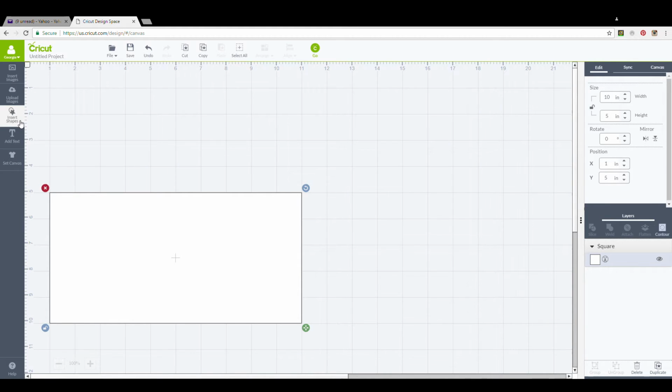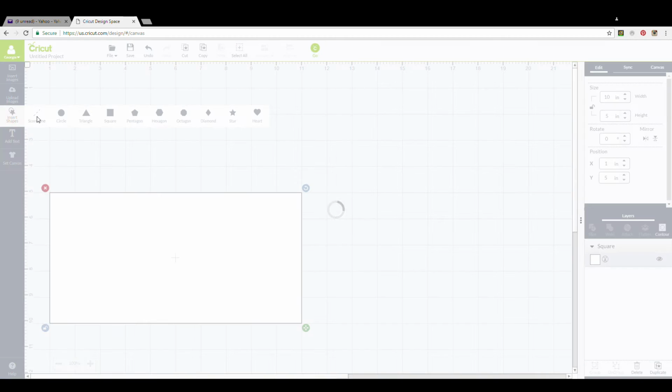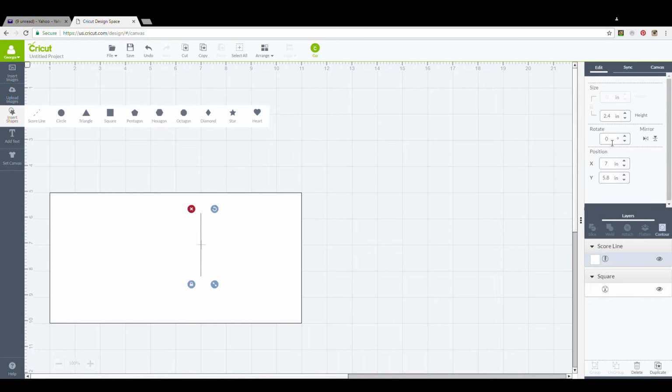Now I'm going to insert a shape. I'm going to insert a score line, and I'm going to make it 5 inches tall. And this is going to be a gatefold card. So this one we want to place 2.5 inches in from the left side, so that would actually be at 3.5. So we're going to put this at 3.5